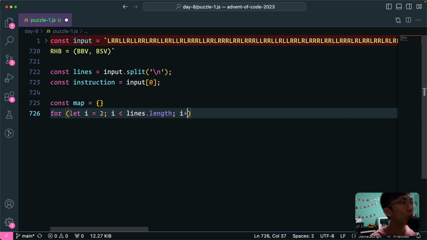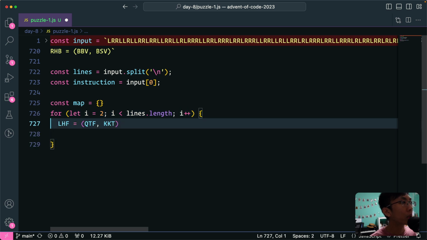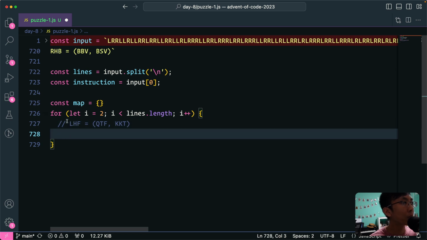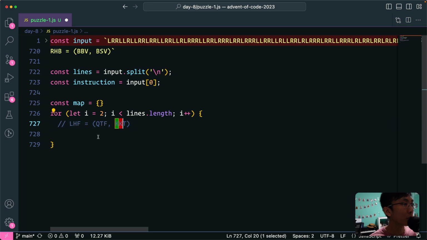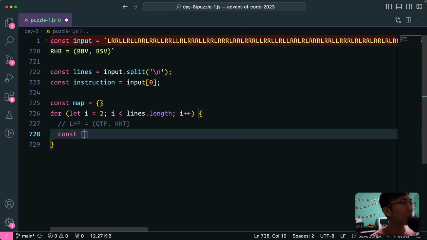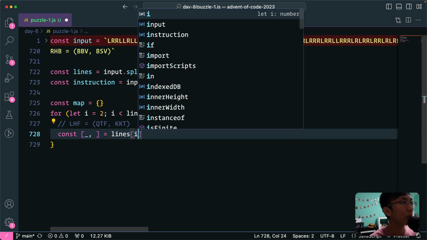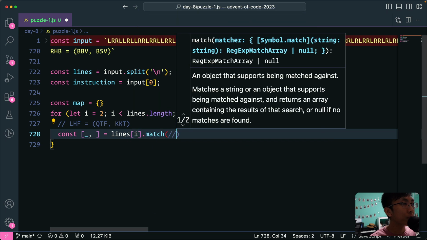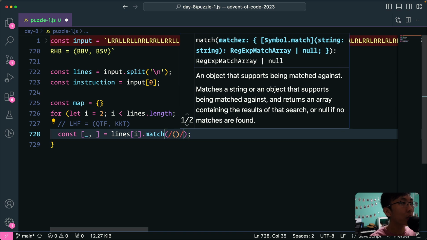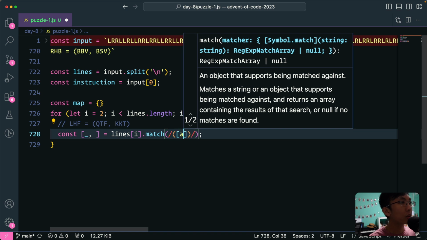And for each line, this is an example, right? We're gonna use regular expressions to parse this out. So we're gonna have a match. The first capturing group will be, or let's write our regular expressions first, right? So we have the line dot match a regular expression. We will start with a capturing group of 3 letters A to Z,